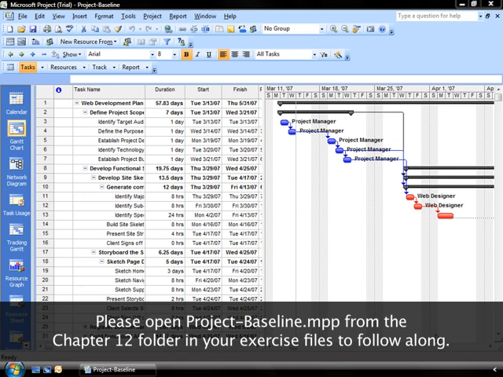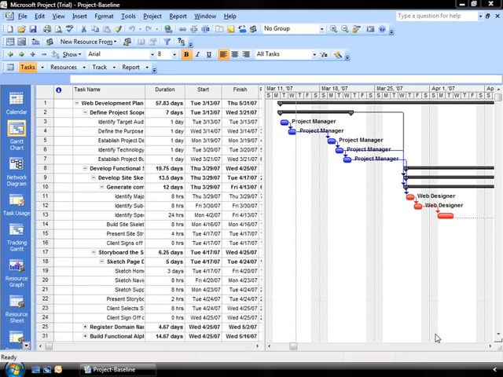Up to this point, we've been using Project as a planning tool, a place where we can add in our tasks and resources to get a good idea of how long a project should take. While planning is important, it's equally important to track what actually happens. The power of Project is when you can track actual events to the estimates you made at the beginning of